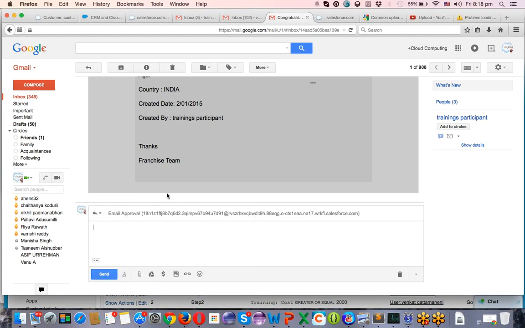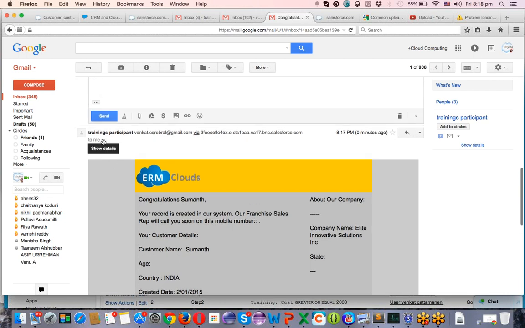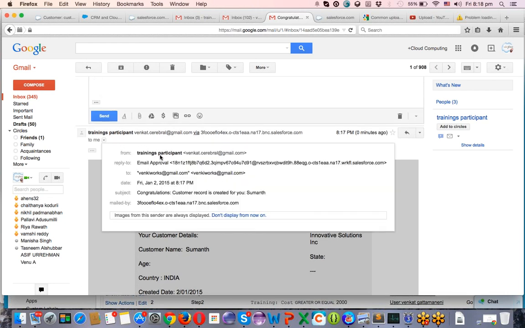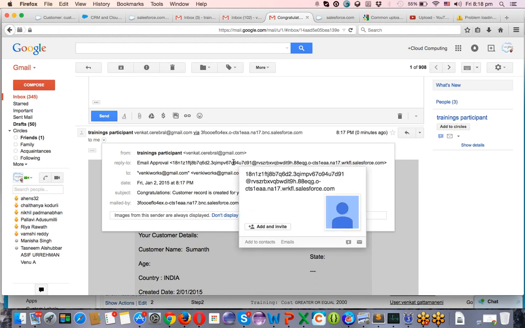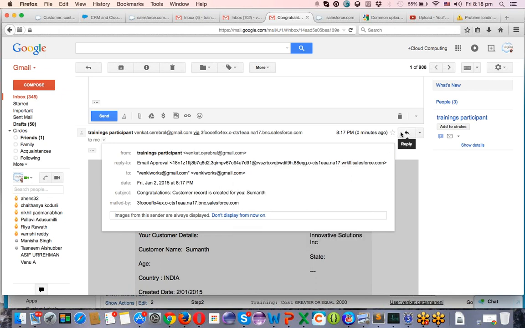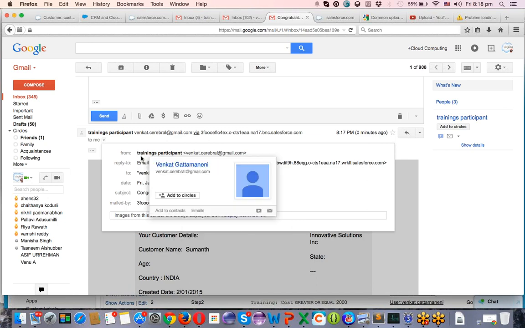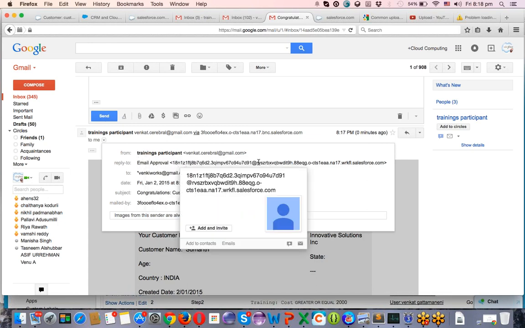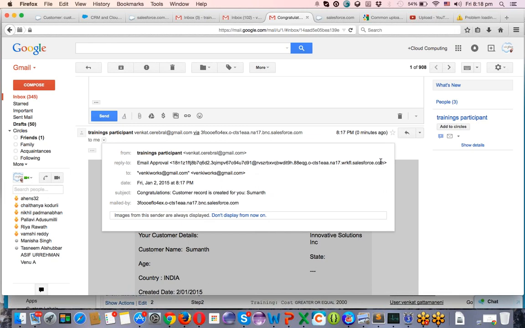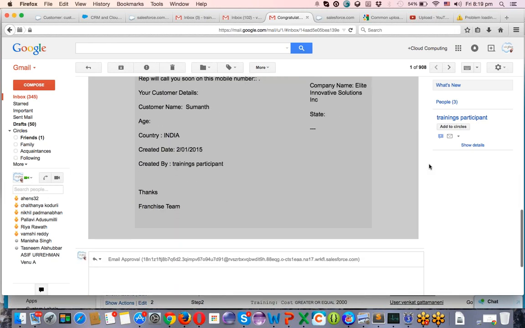The reply-to address in this email, I can show that to you. If I click on this, see, it's coming from this, but the reply-to email address is this. Means when you're trying to reply, it won't go to the from address. It will go to the email approval address. That is a very big email address of Salesforce. That's what it's doing here.